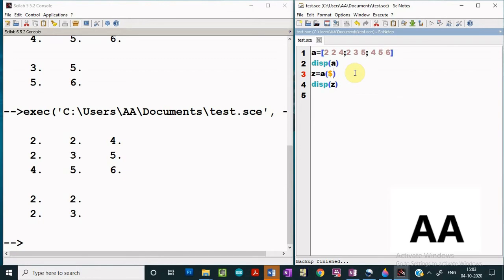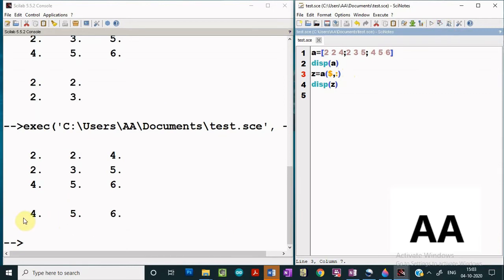The dollar symbol refers to the last index. So if I pass this dollar as the row element and then I pass this column, that means I am interested in accessing the last row element. If I execute it, let us see what we get. I am able to access the last row element.